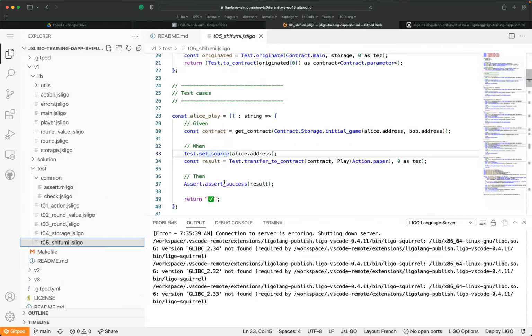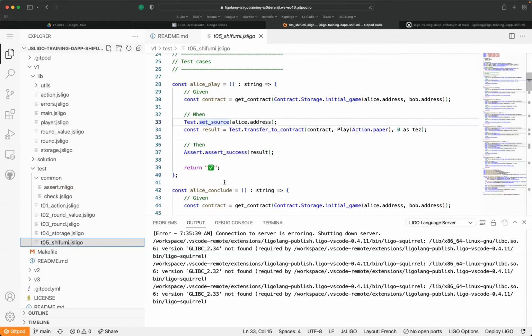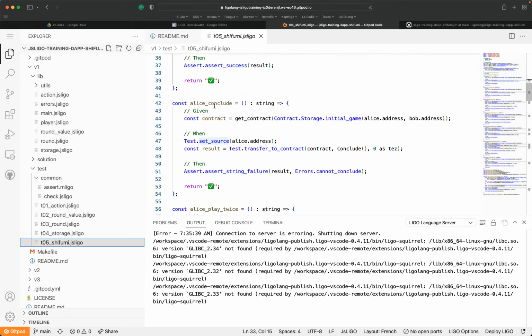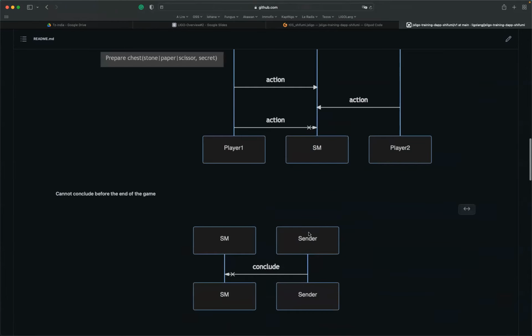So here in this file, which is called T5 Shifumi, we explain all the operations. For example, here we check that Alice cannot conclude. So Alice decides to conclude, and this in fact covers this case. I decide that the sender is Alice, for example.